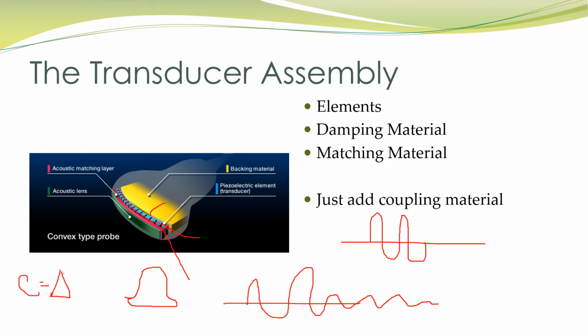So, in order to prevent that, manufacturers will insert matching layers and sometimes multiple matching layers that are intended to ease the propagation speed from what it is in the element to what it needs to be to transmit into the patient's skin. So when you look at the face of your transducer, you're going to see a gray or red or something covering, almost like a rubbery material, covering these elements, protecting them, but also acting as a matching layer to allow the sound to ease itself into the body without being all reflected back. If there is damage to that matching layer, then you may have some issues and you might see dropout in